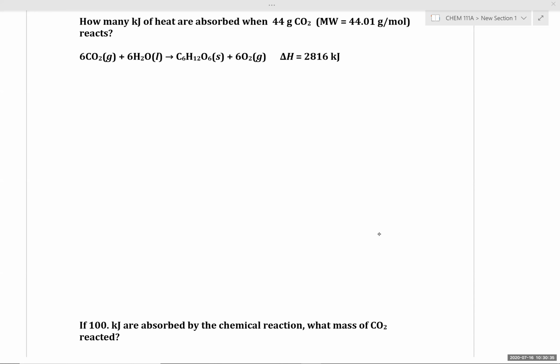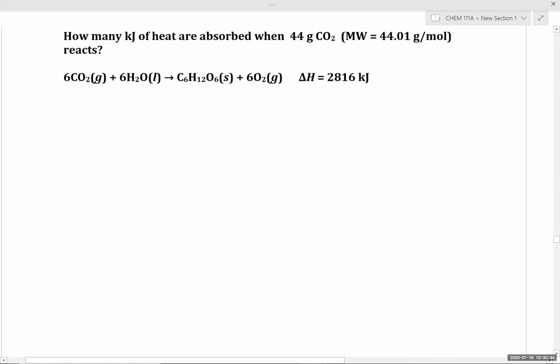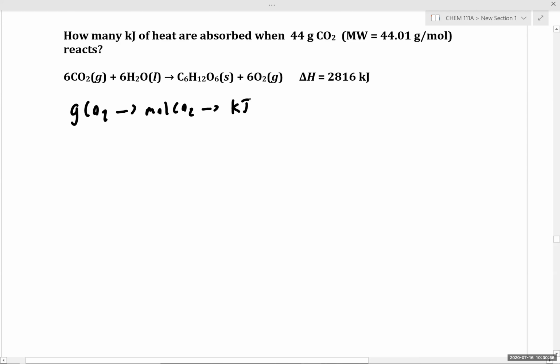Okay, so let's discuss this example. So we're going to go from the grams of carbon dioxide that reacts to the moles of carbon dioxide to the kilojoules of energy absorbed or released. We know if we have 44 grams of carbon dioxide, we know that in 1 mole of carbon dioxide, we have 44 grams. We also know, looking at our chemical equation, that we have